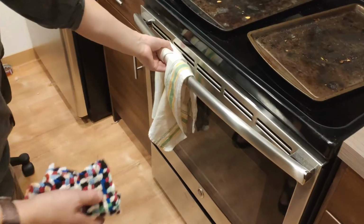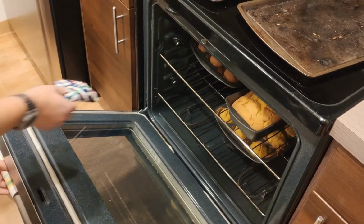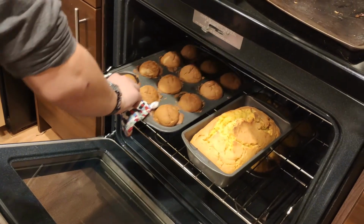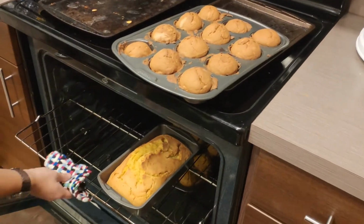Alright, so what you want to do is after you get your beeps going on, you want to take out your muffins. Ooh, it's very hot in there. So I'm going to slide this bit out a bit. Ooh, those muffins are done. Look at those. What do you guys think? Those look done to you? They look done. Alright, I'm going to take those bad boys out. We're going to leave that in there for another...